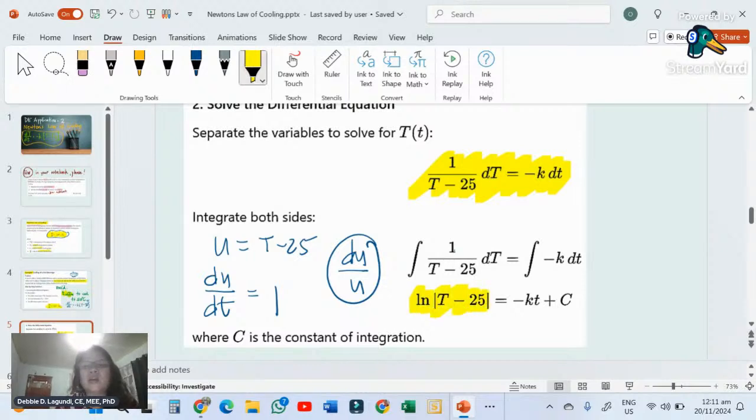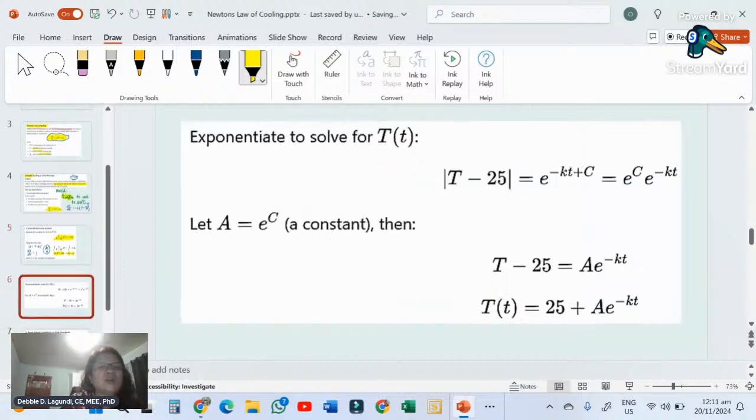So the integral of 1 over T minus 25 dT is ln of T minus 25 equal to negative kt, because that is minus k dt, negative kt plus c. Now, because we like to remove the ln here, like what we did in the decomposition and decay, you have to exponentiate both sides of the equation. Exponentiation means that you're going to raise